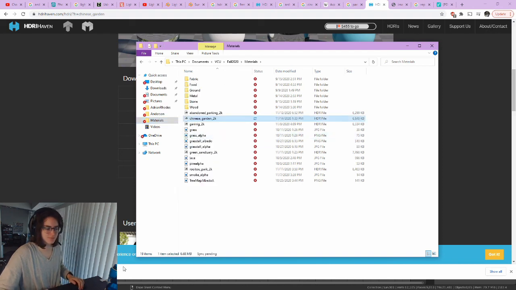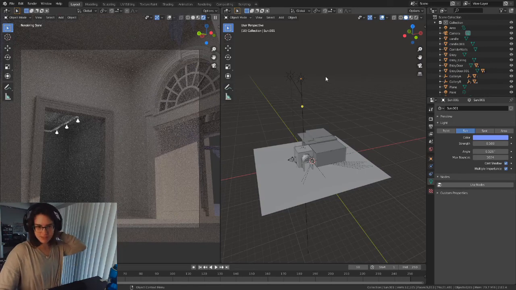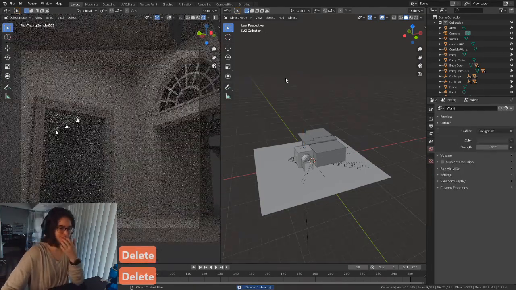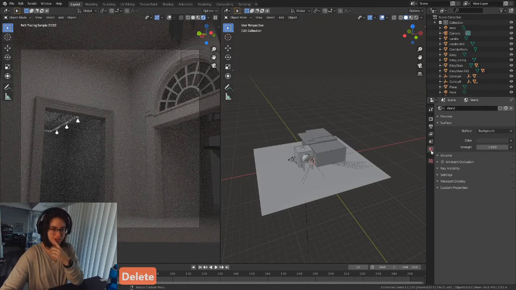Paste. Garden. And to pop this in, first I'm going to destroy the sun. To pop this in, we're going to go to our world properties. So world properties,